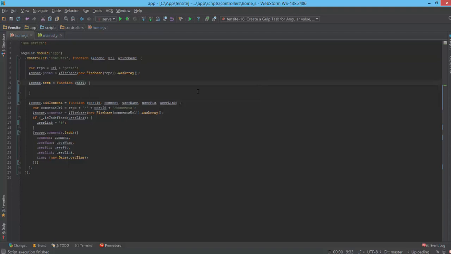Even in HTML, inside of ASP MVC, it was a very convenient feature that you can switch from controller to view and vice versa. And we definitely suffer from the lack of this inside of WebStorm, because in many cases when you do something inside of a controller,